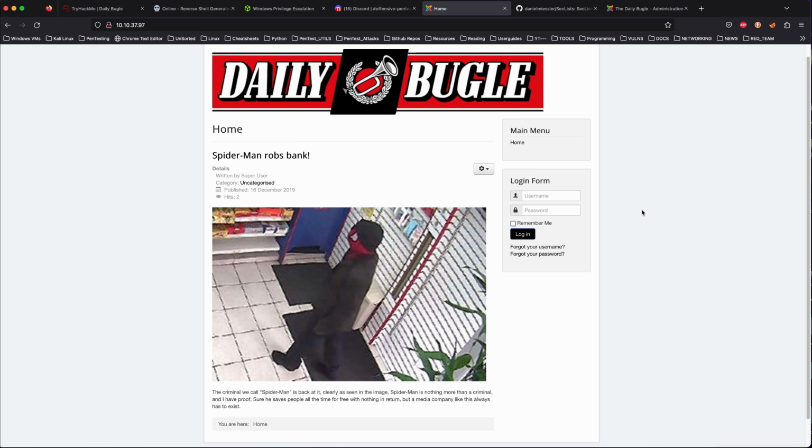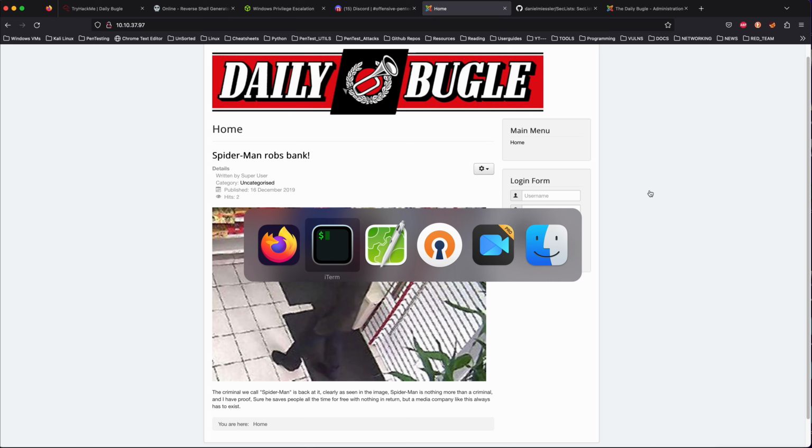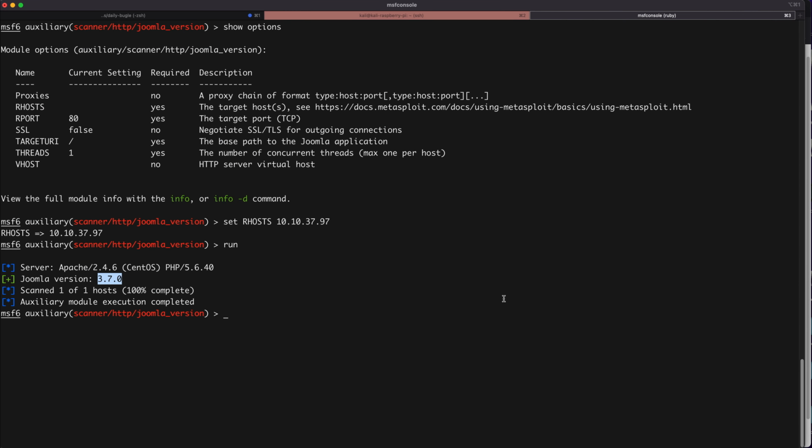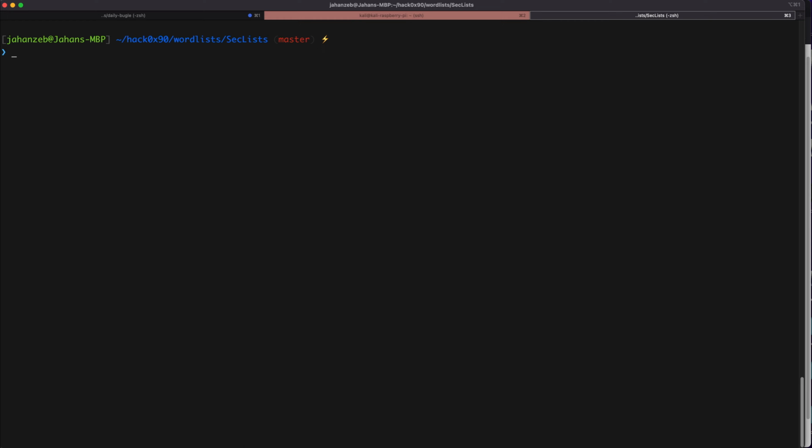But before we start doing the SQL injection, let's see what vulnerabilities Joomla version 3.7.0 has. So let's exit the MSF console, and then we'll use Searchsploit. So we'll do searchsploit Joomla 3.7.0,